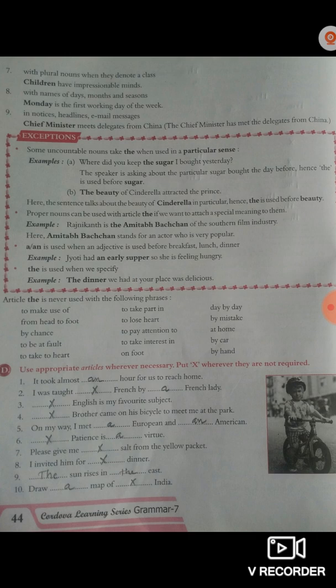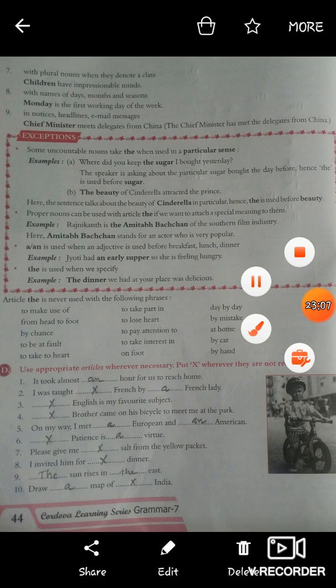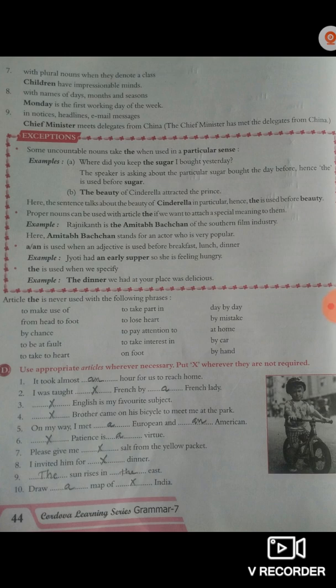Some uncountable nouns take the when used in a particular sense. For example, where did you keep the sugar I bought yesterday?